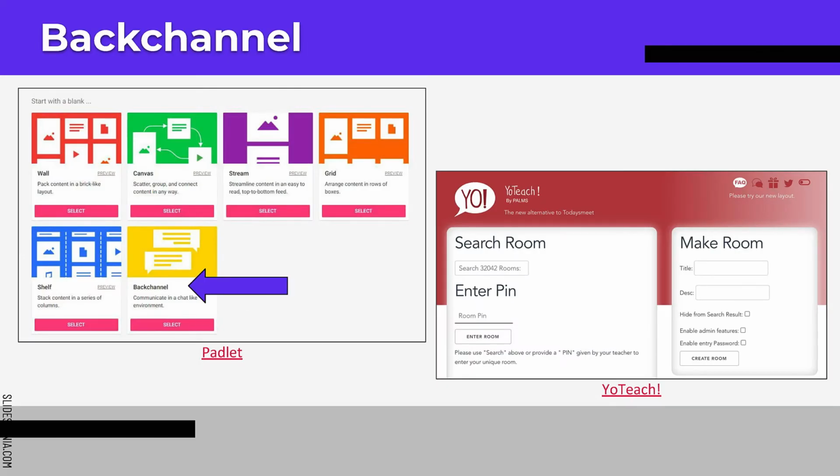Backchannel is another way that you might want to engage kids in conversation as they're collaborating with one another. Some of you might be familiar with Today's Meet, which people fell in love with and used, and then it went away. So it is a good reminder that we always lead with our pedagogy and find the tool that fits our need at that time, but not to get married to any tool, because those tools either go away in time or